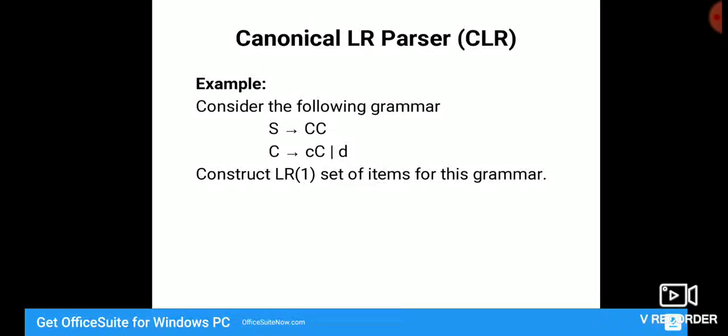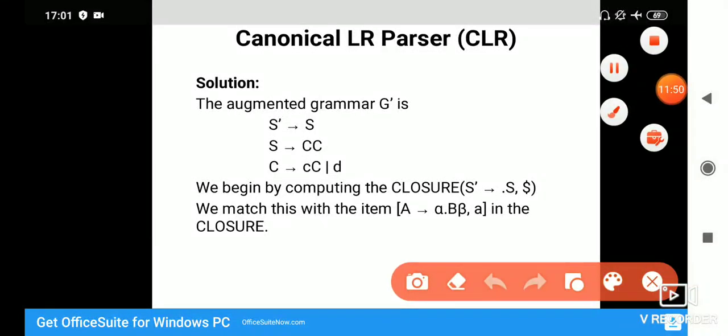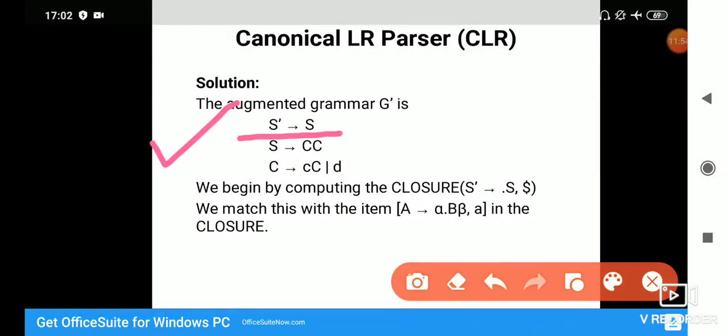Second one is C to small c capital C, and third one is C to D. We are supposed to construct the LR(1) set of items for this grammar. The first thing that we have to do is to create an augmented grammar for this. We are introducing one new production, S' to S. S' is the start symbol for this particular grammar G', which is pointing to the start symbol of the given grammar,